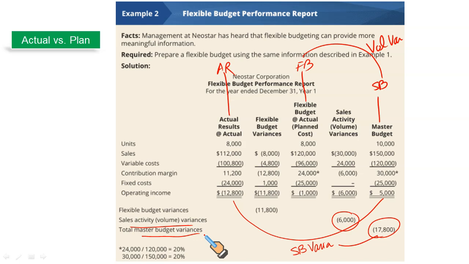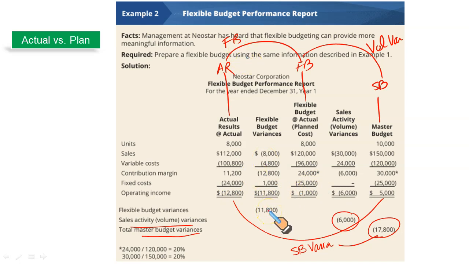The bulk of your variances, where you're most likely to be tested, would be the comparison between the flexible budget and the actual results. This is called the flexible budget variance, and this is the one that is most important for cost controlling purpose. Budget for 8,000 units and the actual result for 8,000 units, and these are the variances that are helpful for cost controlling purpose. So if you calculate this difference, this will be the flexible budget variance, which is shown right here.